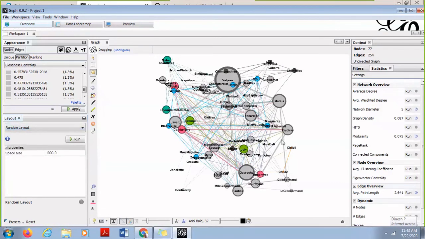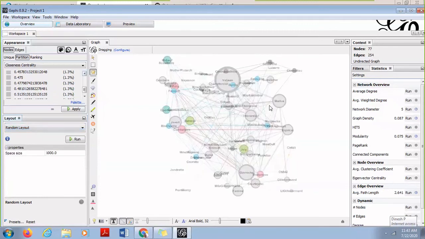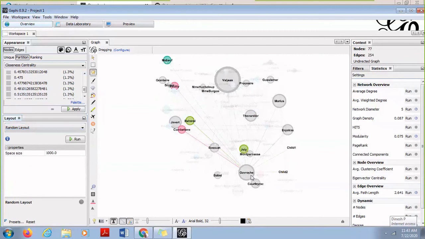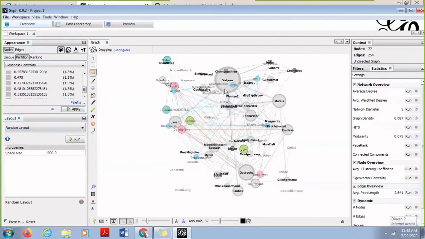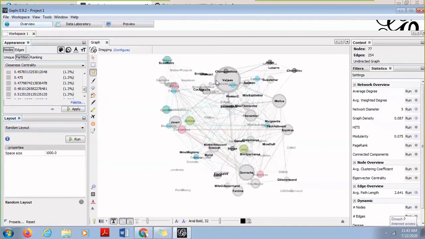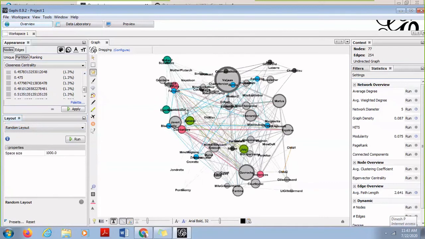Okay. Now, along with this, the other option which can be used is the size of the nodes. The size of the nodes also helps you to understand the importance of that node. So here, if you observe, this node has a bigger size because it is more central to the network. Then another node, Gavroche, has a smaller size than Valjean, but this is the second highest node which is central to the network. So the size also plays an important role when you're talking about the network which is being displayed in this window.